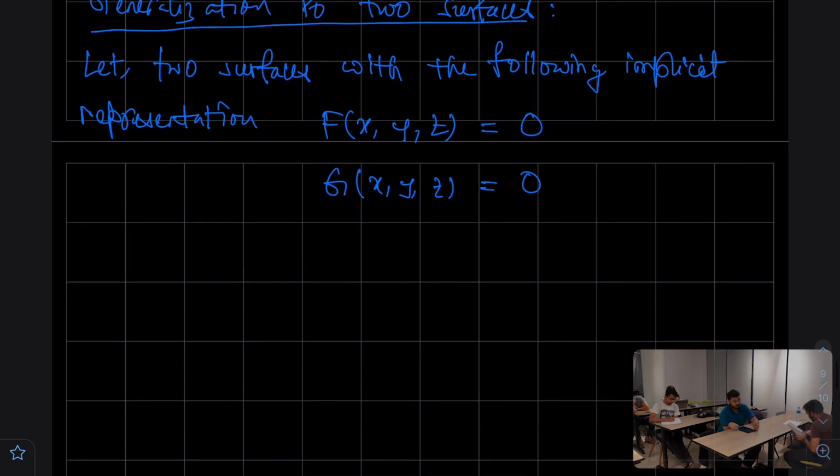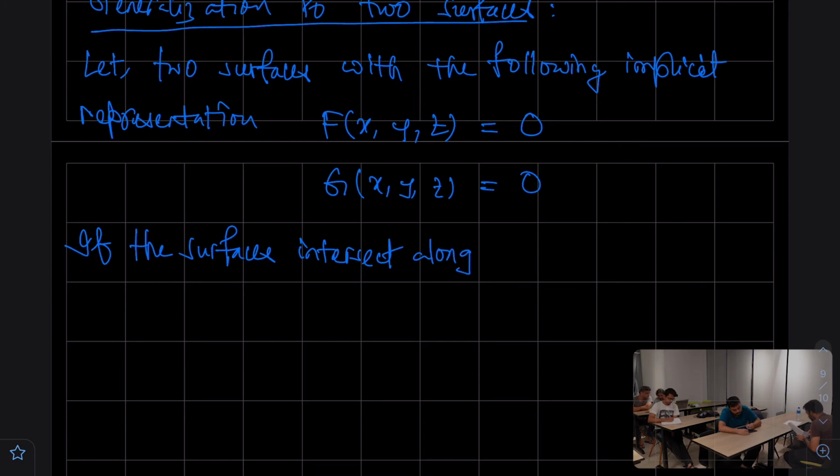Now if f and, well, should I say f and g? If the surfaces, this is equal to 0 is the surface. If the surfaces intersect along a curve C,